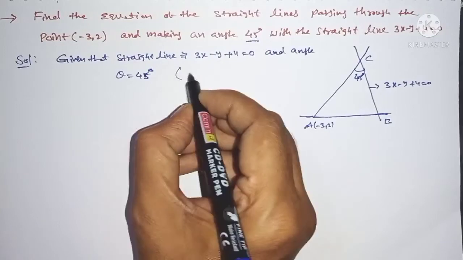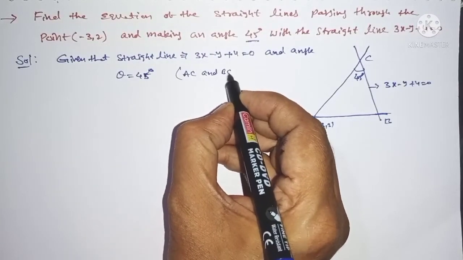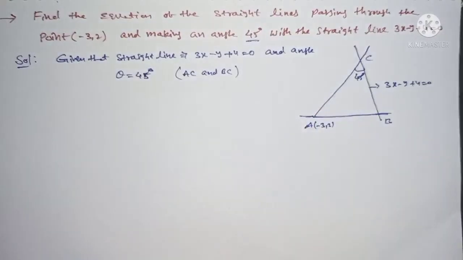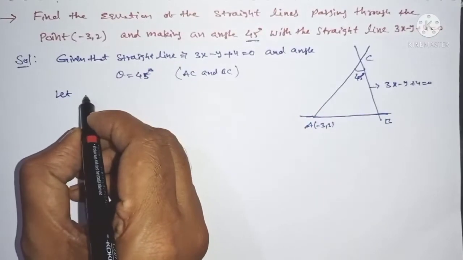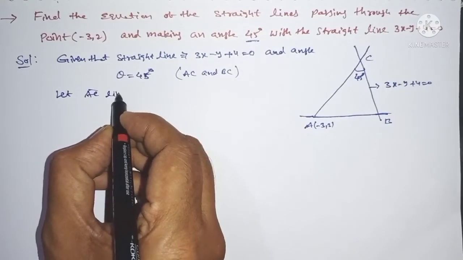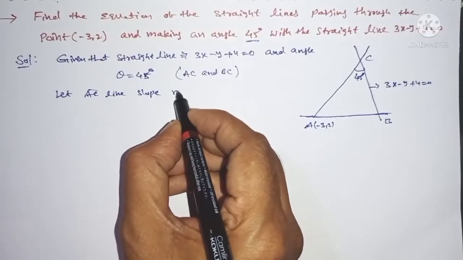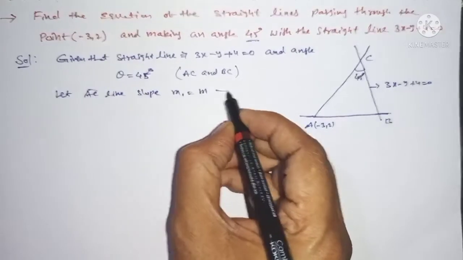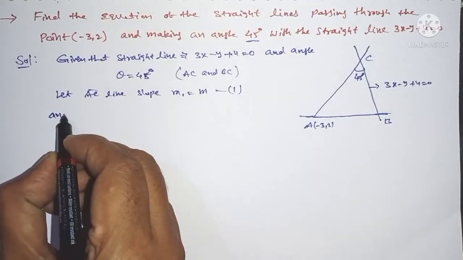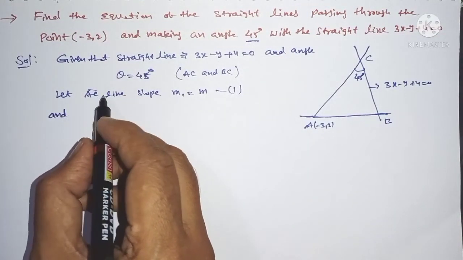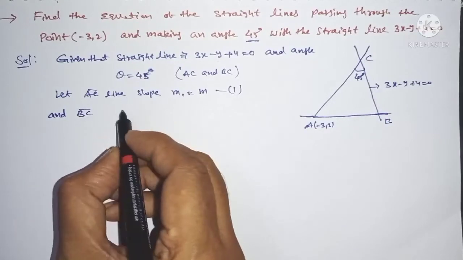Means AC and BC lines. Let the AC line slope m1 be equal to m, and the BC line slope is